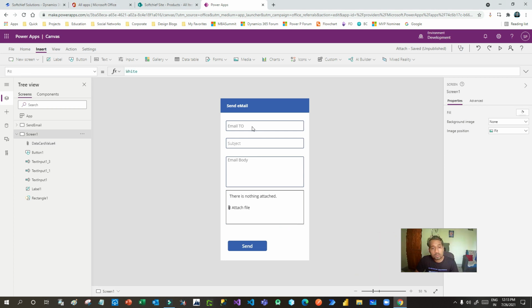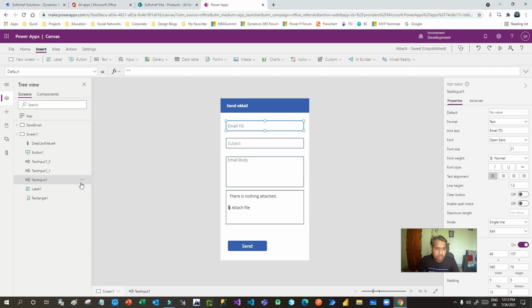The next thing is we have to rename properly. Go to the tree view and select email to, then rename it to txt2, for example.